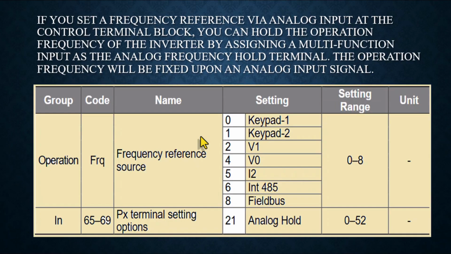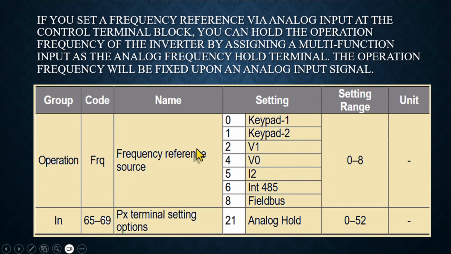How does it work? If in the FRQ parameter of the G100 inverter you set your frequency reference input to V1, meaning the analog voltage input, and assign one of our digital inputs from P1 to P5, which correspond to IN65 to IN69, to the value 21, then when this digital input is activated, no matter how much your analog input value from 0 to 10 volts changes, the frequency you've set on the inverter will no